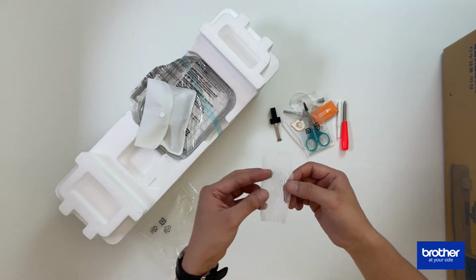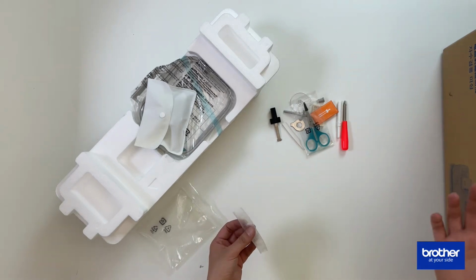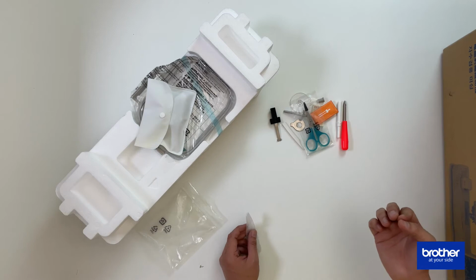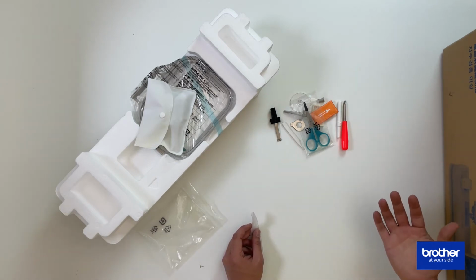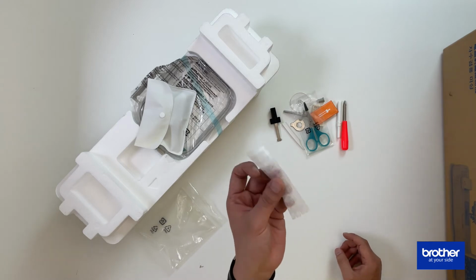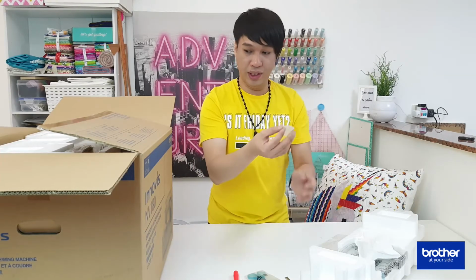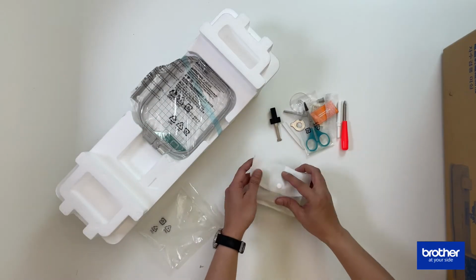Alright, this is used for embroidery threads because embroidery threads tend to be very silky and slippery. So if you don't want your threads being unthreaded while doing your project, it's very important that you use this thing. Alright, so it came with one net, and what I have here,